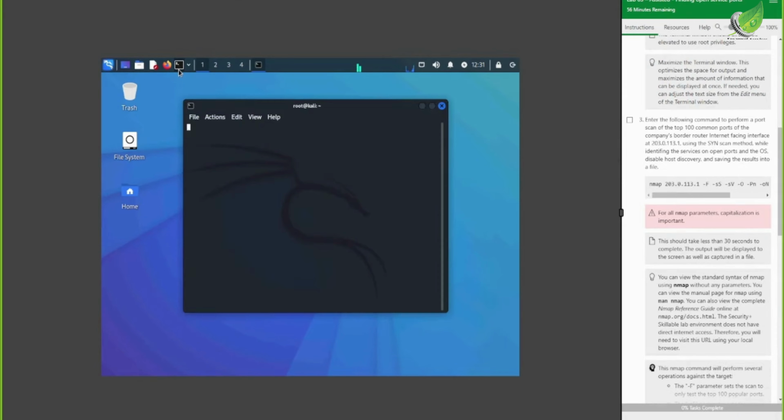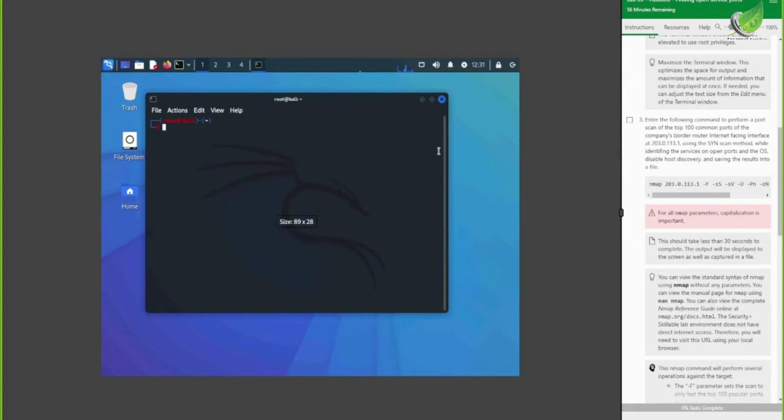All right, so let's open up this terminal right here. And don't forget, we can't copy and paste over here in Kali. All right, so the terminal's open. The first thing we're going to do is scan this network. We're going to scan this IP address. I'll explain what it's doing in a second. Let's just type it in for now. So Nmap, we're going to start the Nmap command, and we want Nmap to scan this target